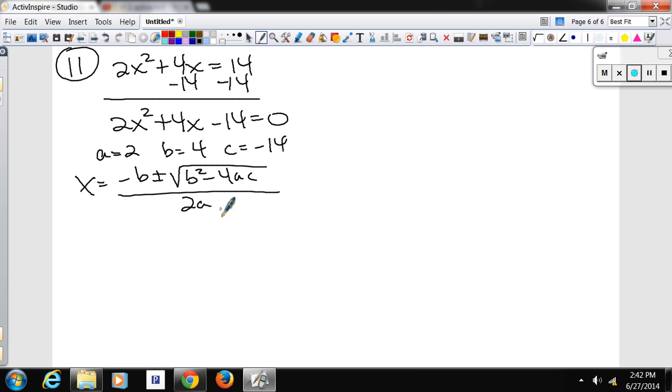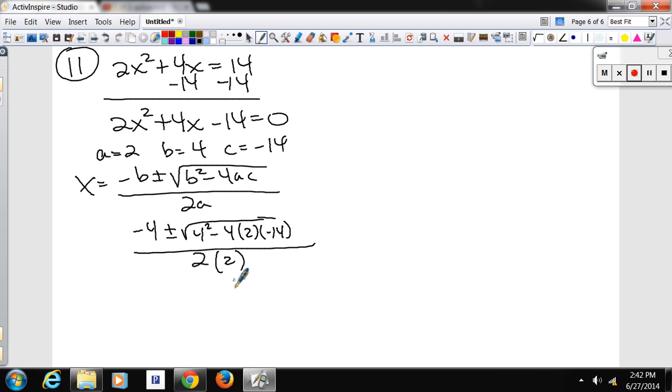so you have it memorized. So opposite of 4 would be negative 4 plus or minus 4 squared minus 4 times a is 2 and c is negative 14 all over 2 times 2. So it's negative 4 plus or minus 16. Let's see, what's negative 4 times 2? That's negative 8. And 14 times 8 is 112, and that's going to be a positive 112. All over 4, so negative 4 plus or minus radical 128